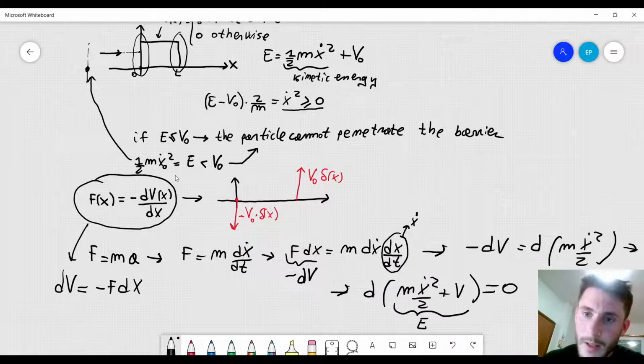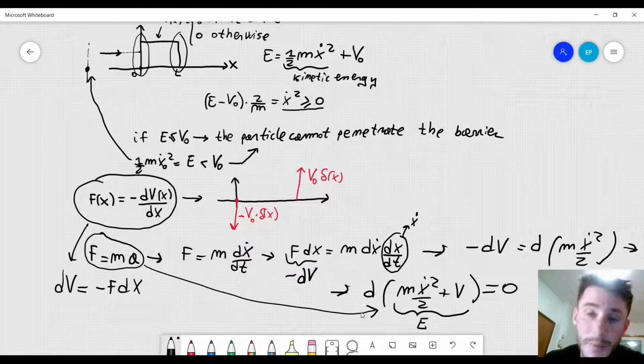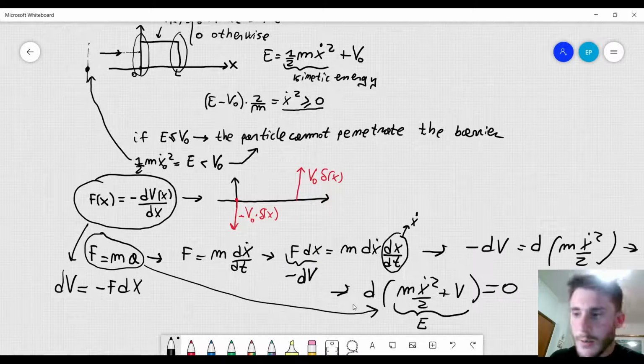Okay, so from the law F equals ma for just one particle, we can see that the equation of the energy can be derived. Okay, so we have implicitly used the equation F equals ma, but the analog of F equals ma in quantum mechanics is the Schrödinger equation. Okay, so we have to use the Schrödinger equation to solve the problem. Okay, and we will do that in steps. It will not be complicated, but we have to be more patient in that case because it will take more time. And finally, we will have to calculate the probability.